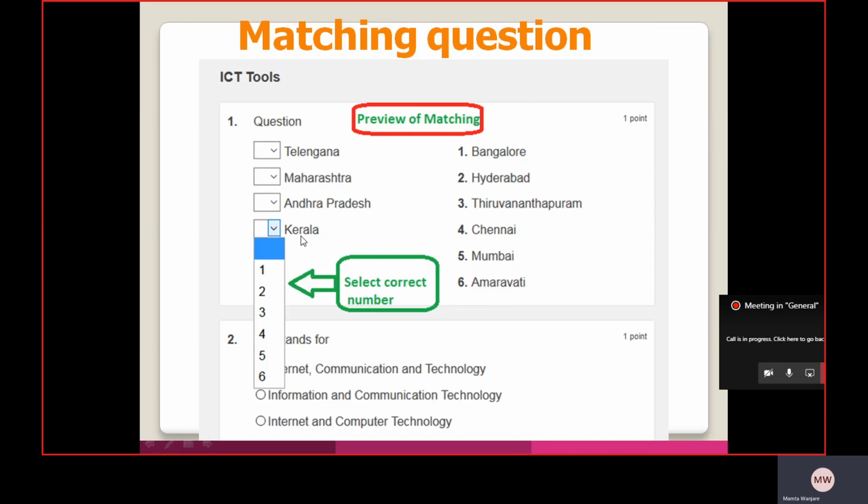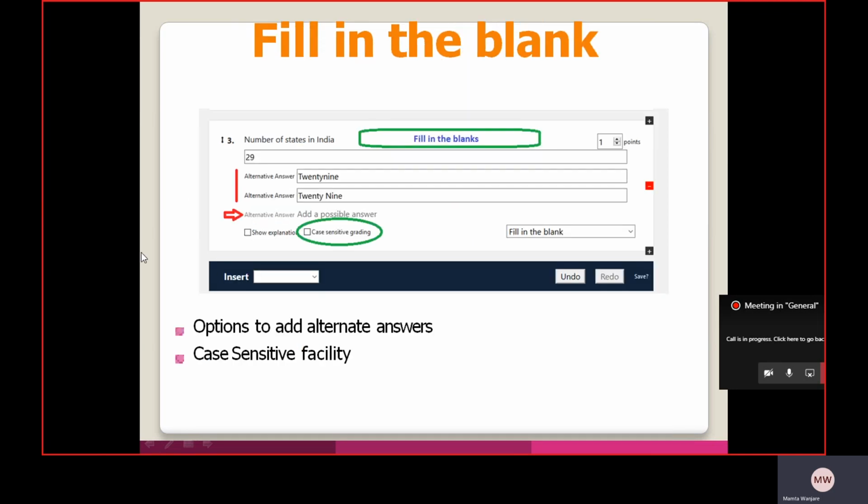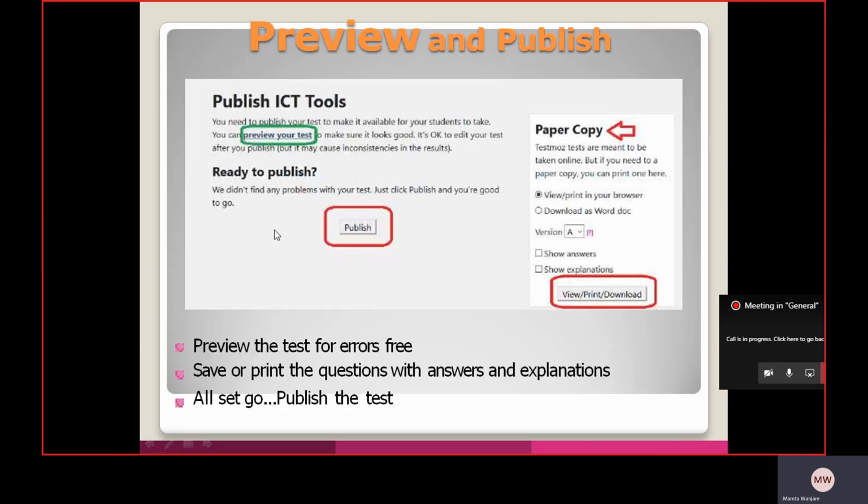For matching type questions, you select the matching type and select the answer also. For fill in the blanks, write down the question, and below that write down the answer also. There is an option to add alternate answers, and it is case sensitive. If you want case sensitive, tick on that.